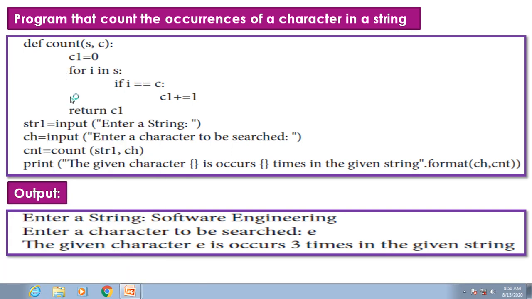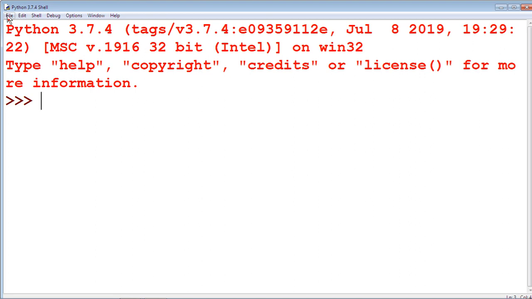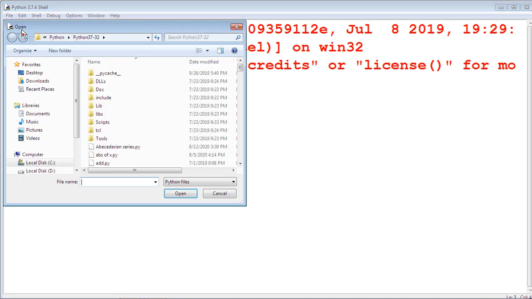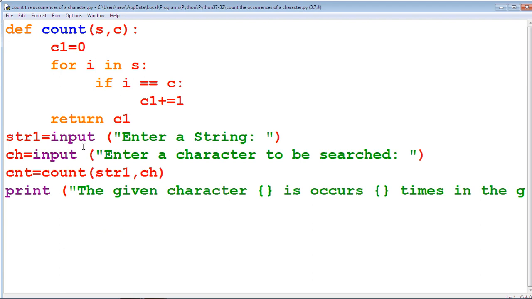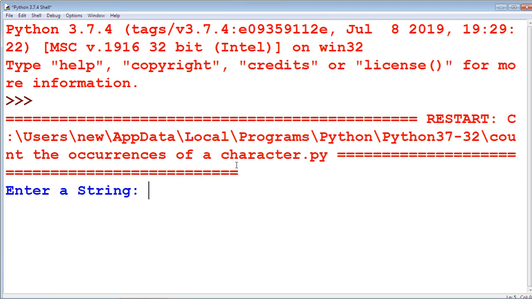Check this program by using the IDLE window. Count the occurrence of a character. Open this program. Run this program by run module. Here the string is Tamil.